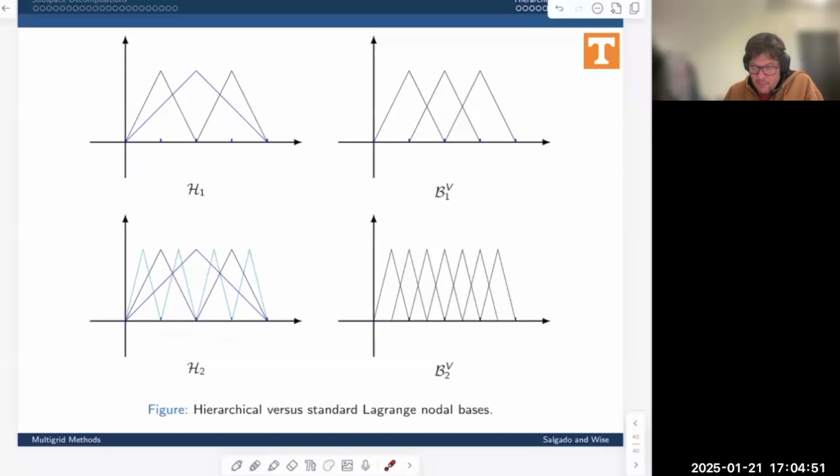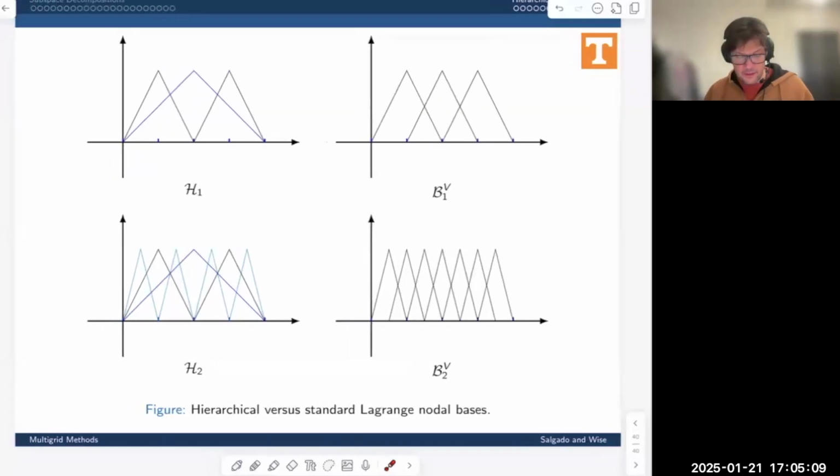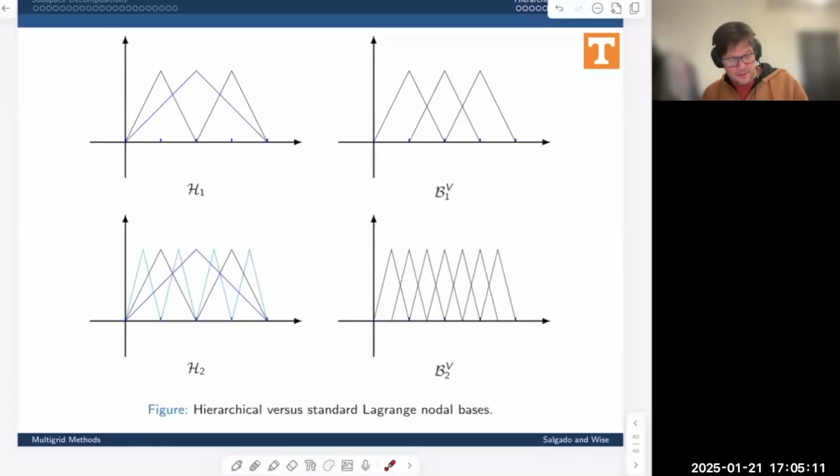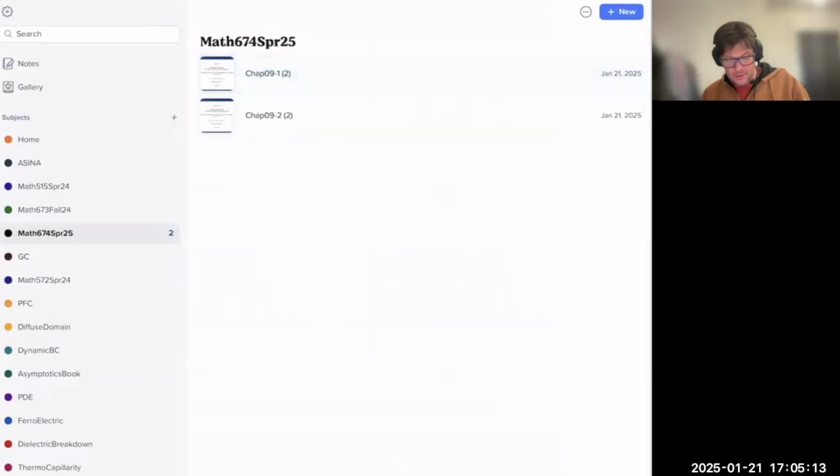Okay, so this would not preserve the sparsity pattern that this preserves. However, this has some nice benefits, as we're going to see, especially when it comes to building these hierarchical basis preconditioners. So I think that's my last slide there. Yeah, it is. And so I'm going to go on to